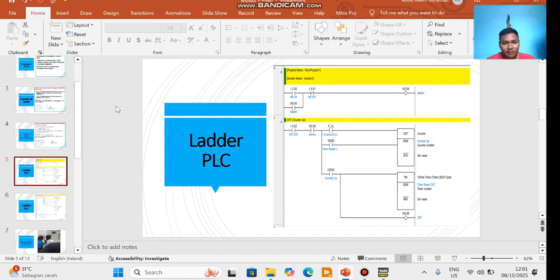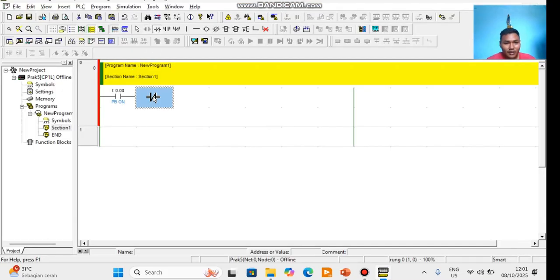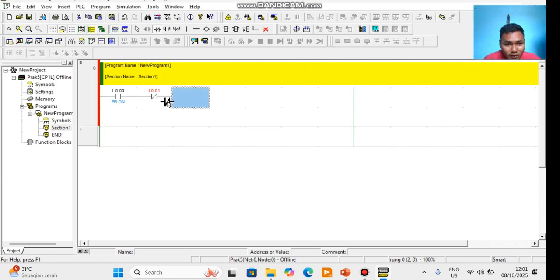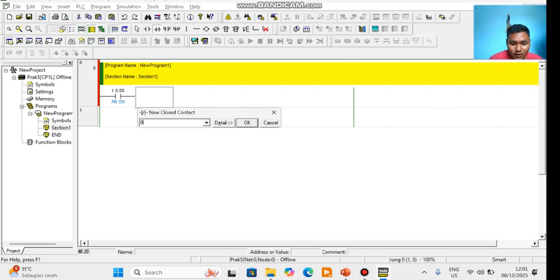Beside PB on, on the right side, you add normally closed with address 0.01, PB off.